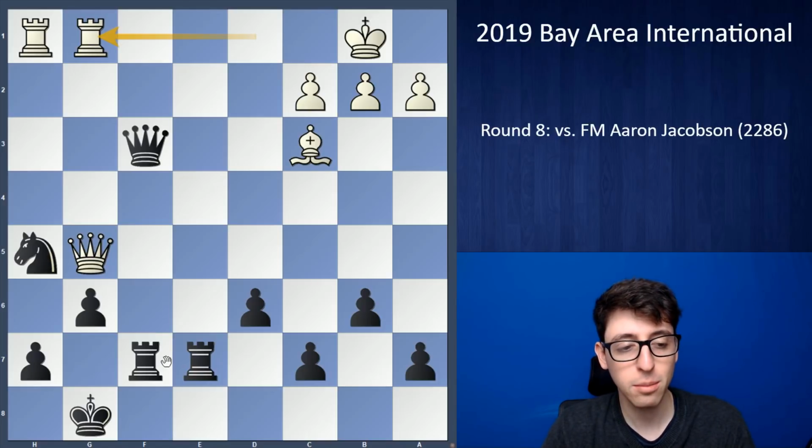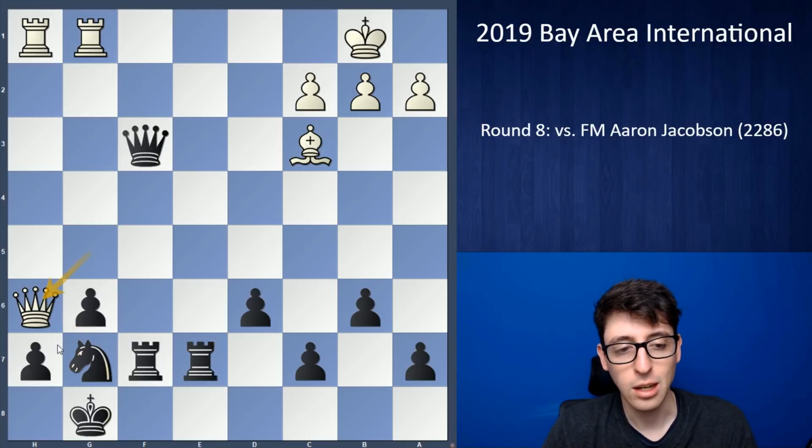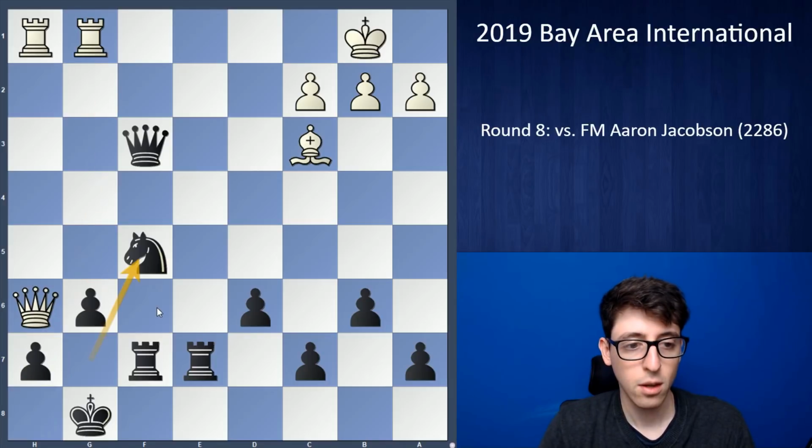Somehow it slipped my mind that after knight g7, I'm no longer defending the h7 pawn here, and after queen h6, if I move my knight again, as was the plan with like knight f5 here, or maybe knight e6, then white has rook takes g6, and it's a pretty simple mate in 2, and game over. So